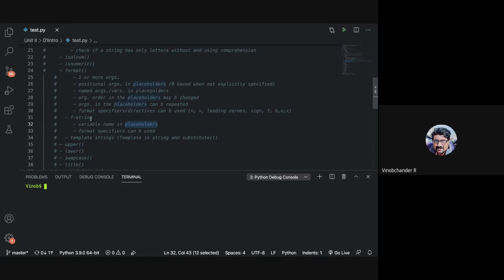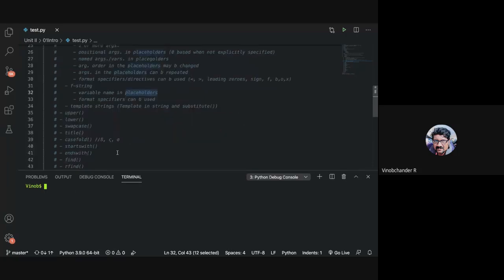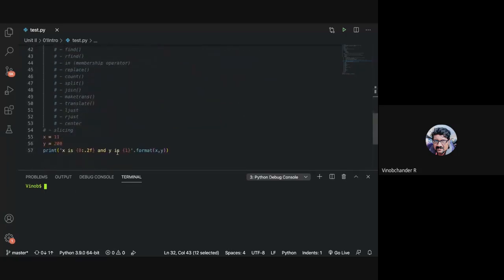F string, I think all of us know. Do you want to have a revisit, or are you guys comfortable with the syntax already? F string, guys. How do you specify f string? Curly braces. Is this correct? Yes, sir.